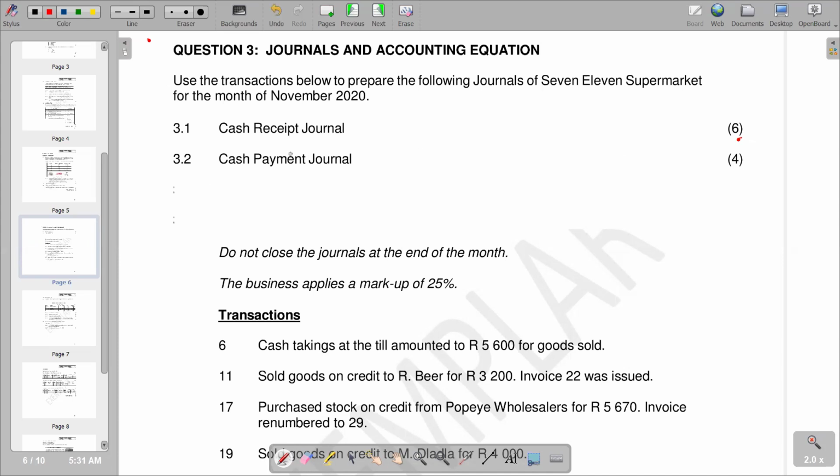And then the second part is our cash payment journal, and we put 4 marks for the cash payment journal. These are journals at the end of the month. And then the second note is that the business applies a markup of 25%. Very important. On the application of the markup of 25%, we have